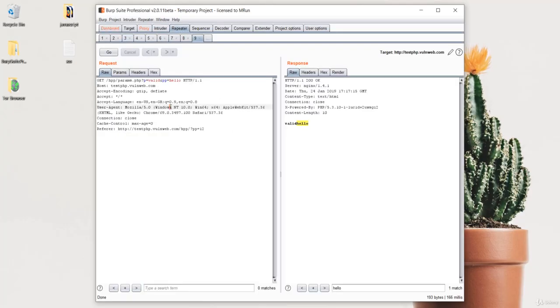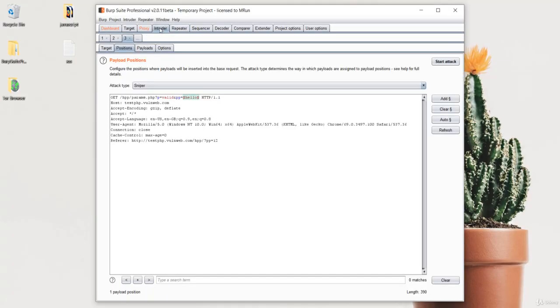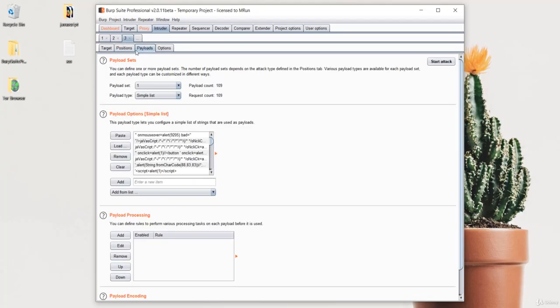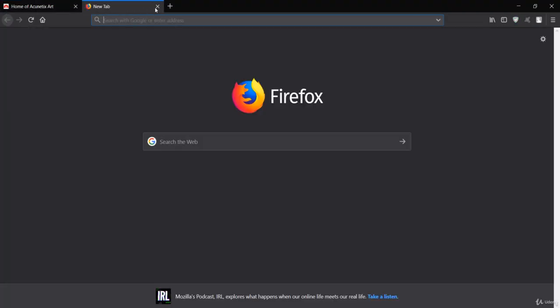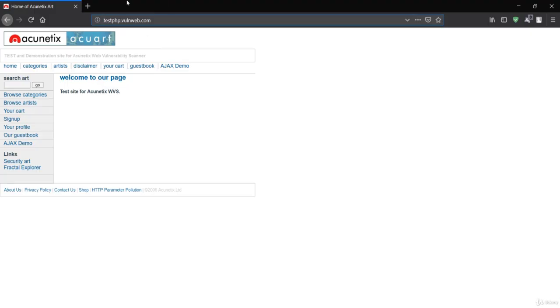After you see in the repeater that the field has reflected the input, then you can simply go to the intruder, select that position, go to the payload section, and just load your list of payloads. In my case, I have a 109 payload count, and start the attack. Anything from the length that will be 1 to 10 in descending order will have the high chances of being vulnerable. So that field you can just count, and you can simply show response in browser, paste your link over here, and see if your JavaScript code has been executed in the browser or not. So this is the way to bypass the filtered payload list in Burp Suite.